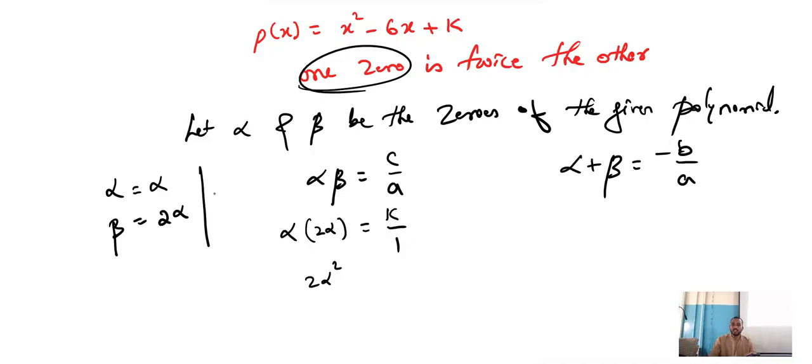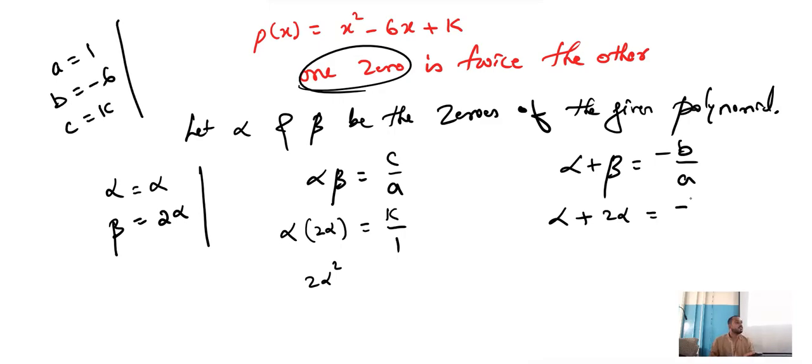Now, come back to this. What is alpha? Alpha plus beta is equal to minus B by A, where B is 6 and A is 1. 2 alpha plus 1 alpha. What is B? Very good. What is B? This is the formula with minus. If not, you write like this: A is 1, B is minus 6, C value is K. Can we write like this? Yeah. Now alpha plus beta, meaning 2 alpha plus 1 alpha, equals minus